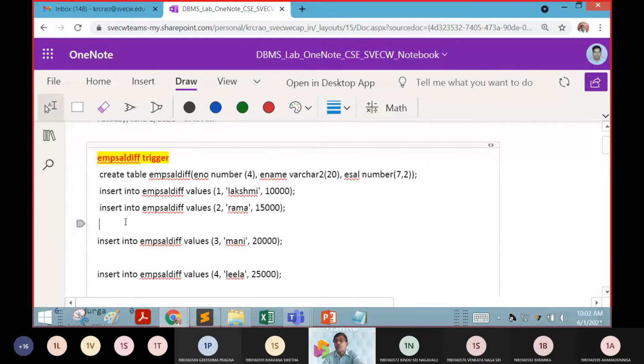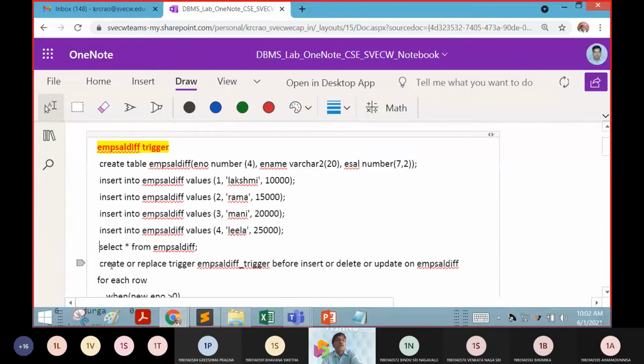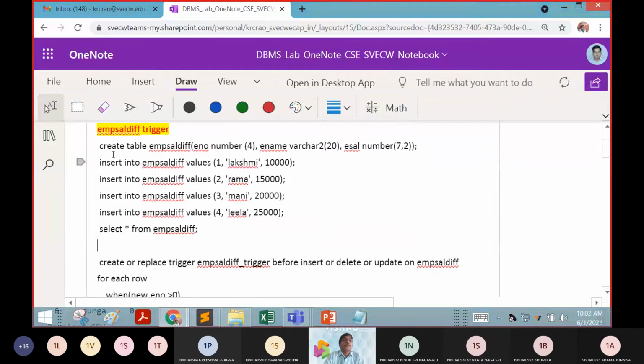So what we are going to do in this case is create a table, employee salary diff, with employee number, employee name and employee salary. Then we will insert 4 records: 10,000, 15,000, 20,000, 25,000, with names Lakshmi, Rama, Mani and Leela, and employee numbers 1, 2, 3 and 4. Then you made it the salary difference. Up to here, this is clear.